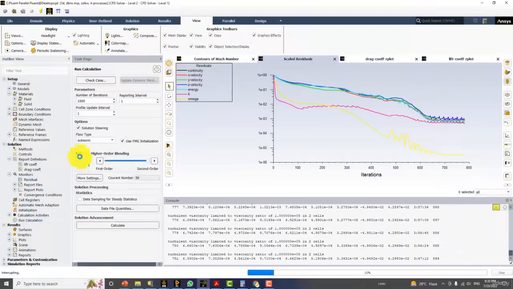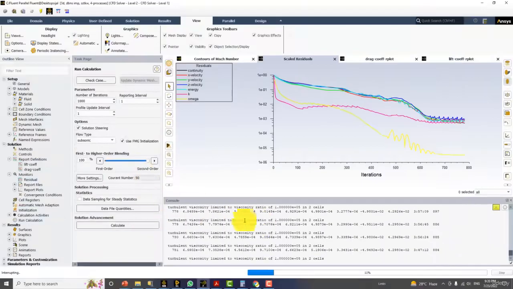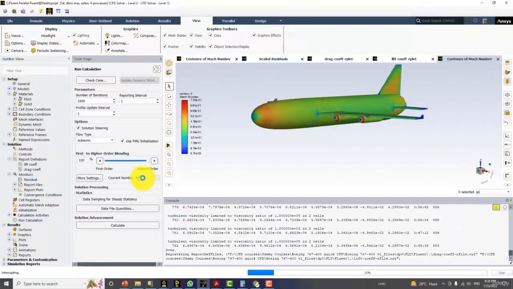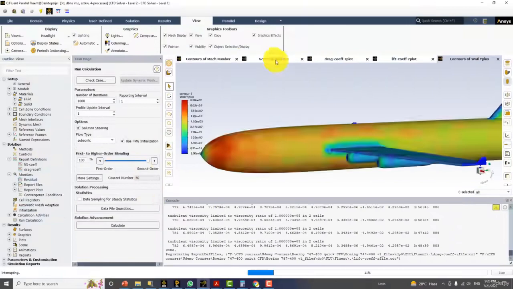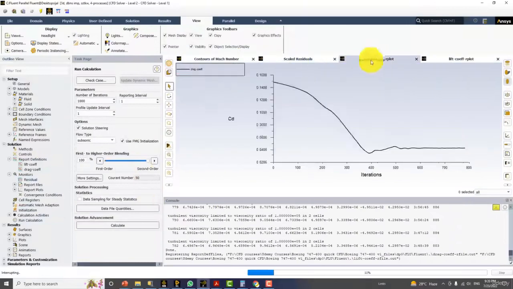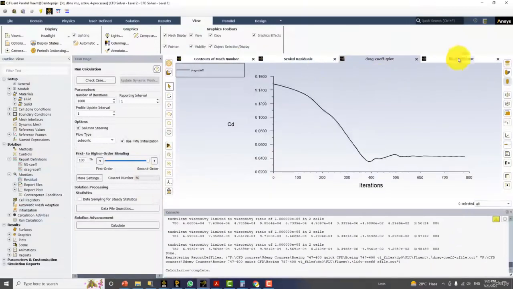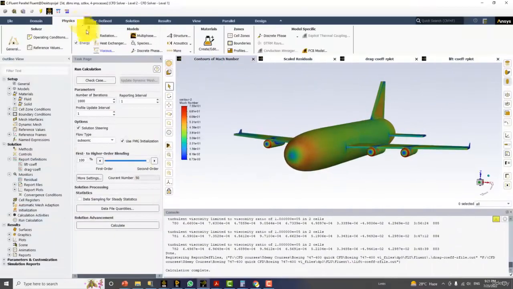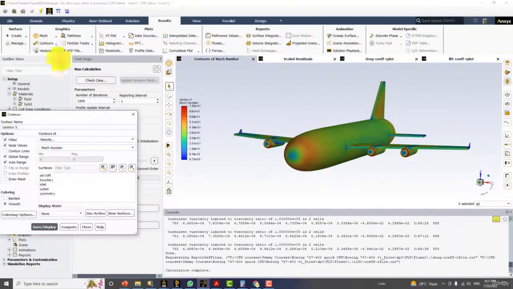And also you can notice here that the Courant number increased from 0.1 to 50 within, I think, 400 or 500 iterations. And the last 200, 300 iterations ran with a constant value of the Courant number. So this is the result plot: this is the drag coefficient plot, and this one is the lift coefficient plot. And this is a contour plot for the Mach number, because the inlet Mach number we defined was 0.6. And if I display the contour plots